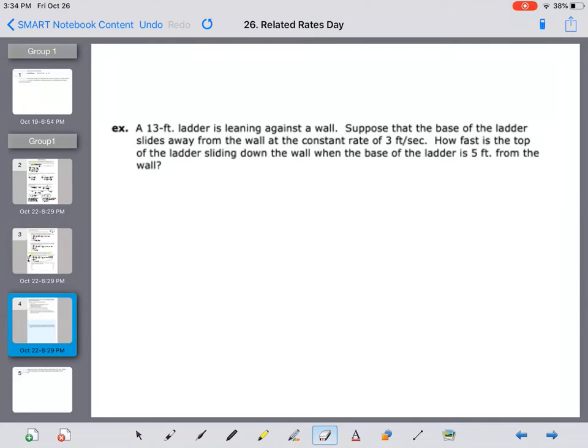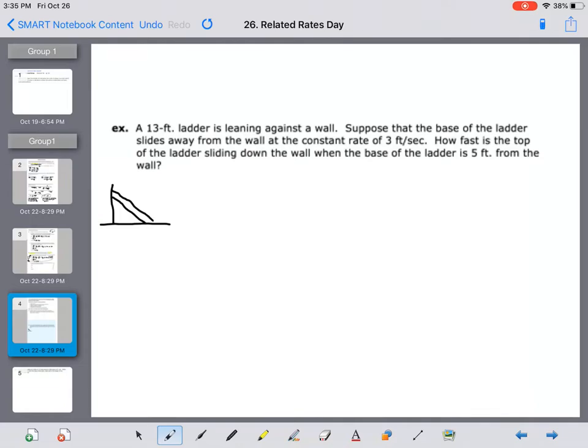It's a little hard to tell what variables to use. The previous example, we're talking about radius. So it's R for radius, A for area. Those are common, but this one maybe not so much. So one of the things I want to do first is to just draw a picture and put some variables on the picture so that we get an idea of what it is we're talking about. So we have a wall on the ground,